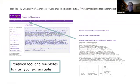technology tool screenshot. My first technology tool is University of Manchester's Academic Phrase Bank. One of the things I really like about this phrase bank is that it basically sets up small templates for writing. And one of the things that's really interesting when you go to the phrase bank is that you